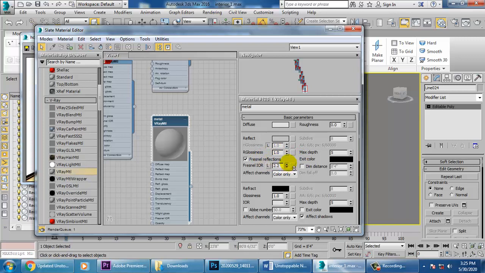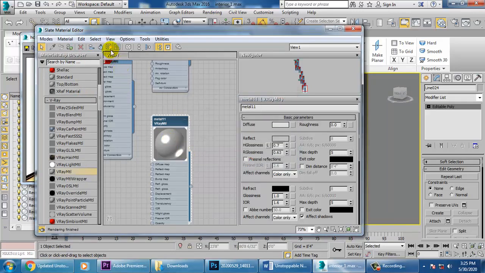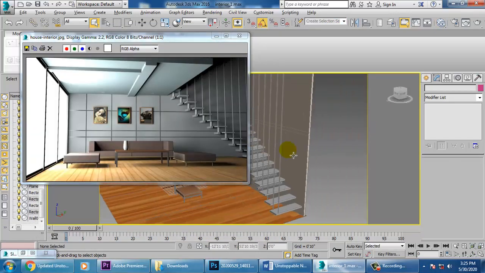Reduce this, and alright, so you can just give a bit of a metallic look over here, and so you can just assign that shader over here.